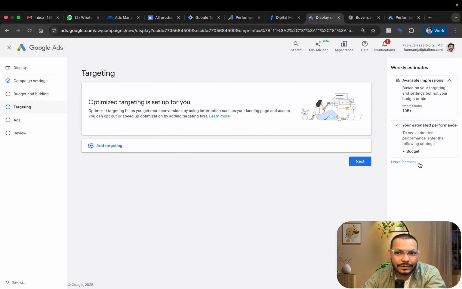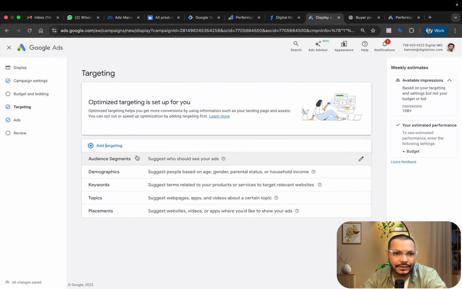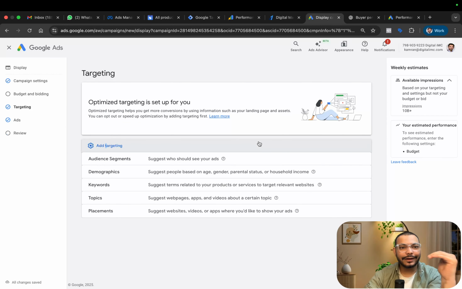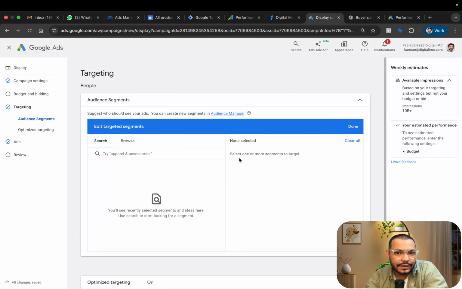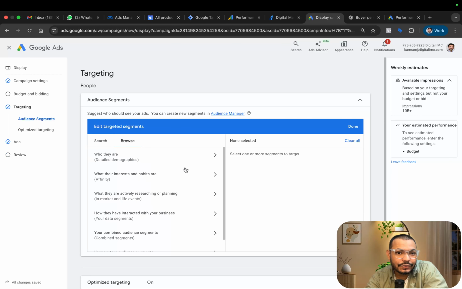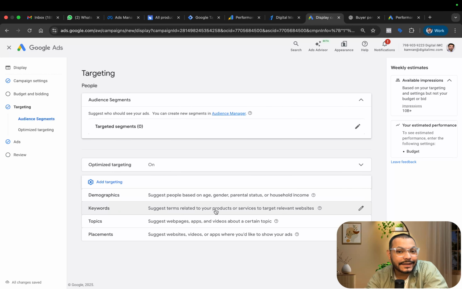So in targetings, if I click on next, add targetings, you can see different ways, different targeting options in a Google display campaign. In total, we have 5 targeting options in the display campaign. Starting with the audience targeting, here we decide the audience. Then we have another targeting called keyword targeting. That's right, keyword can also be added in a display campaign. We further have a topic targeting, we have a placement targeting, and finally we have one more targeting.